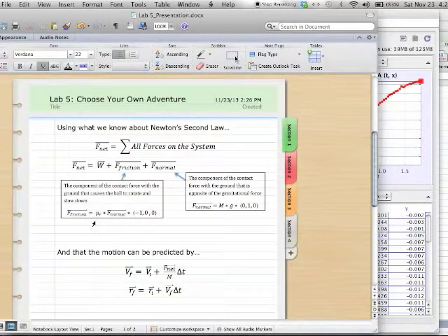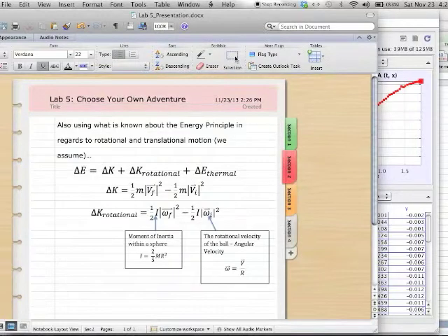It's calculated by multiplying the coefficient of rolling friction, in this specific case for the semi-firm stress ball on a semi-soft carpet, times the normal force, and then times the direction of the friction force, which is in the negative x direction. Also using what is known about the energy principle, the changes in energy of this system can